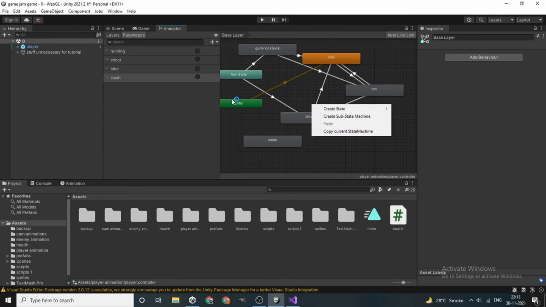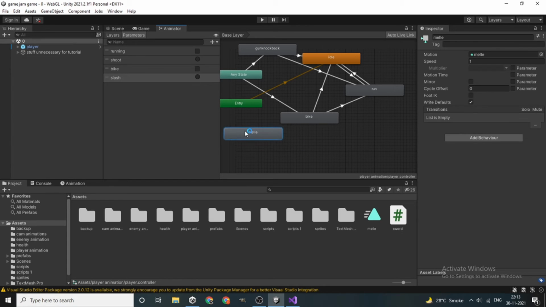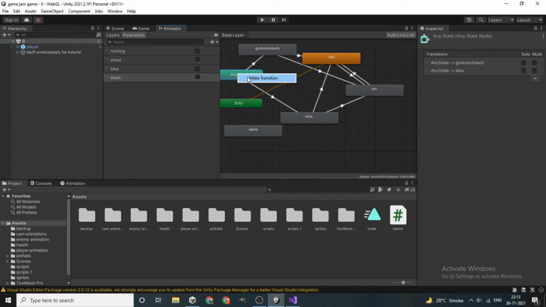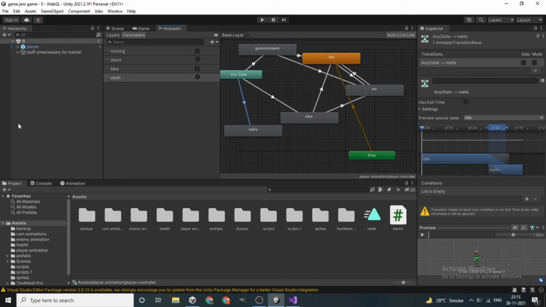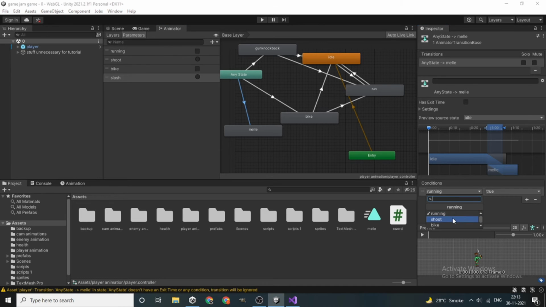Okay, so melee we want to enter from any state, so let's make a transition from any state. Melee transition from any state. Basically, if slash is equal to true, that is, if the slash trigger is pressed.